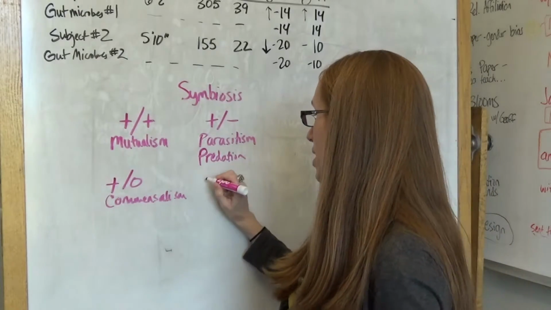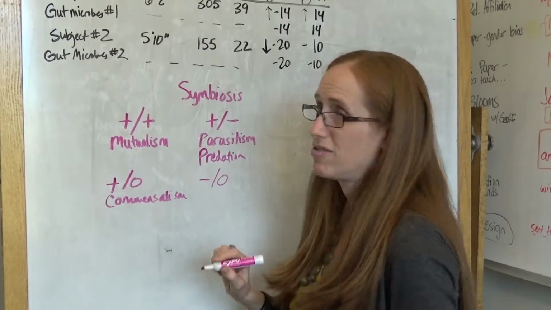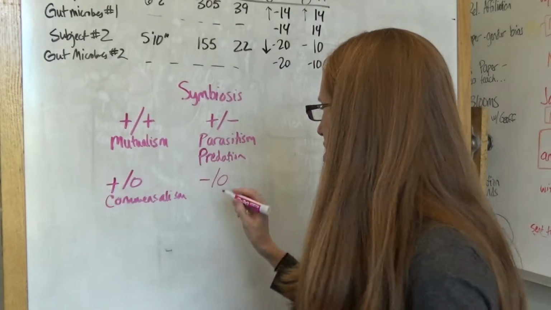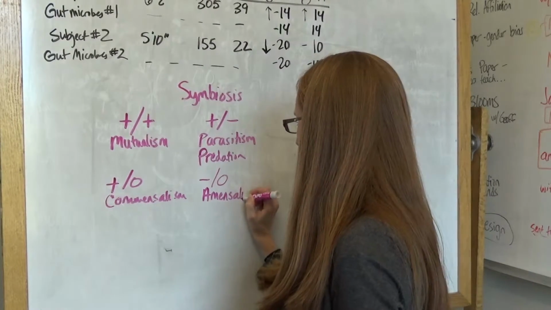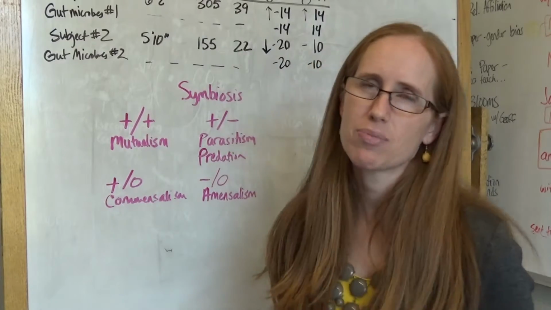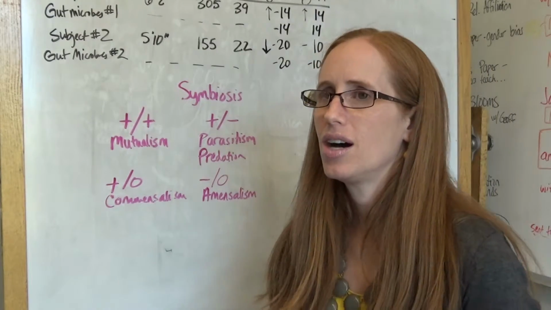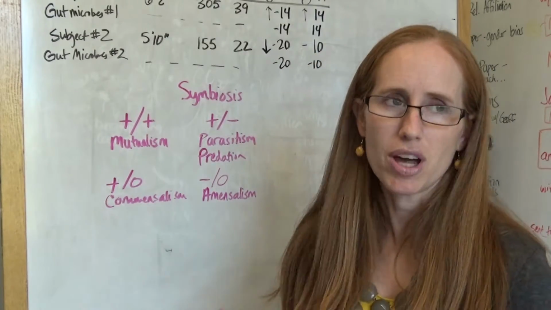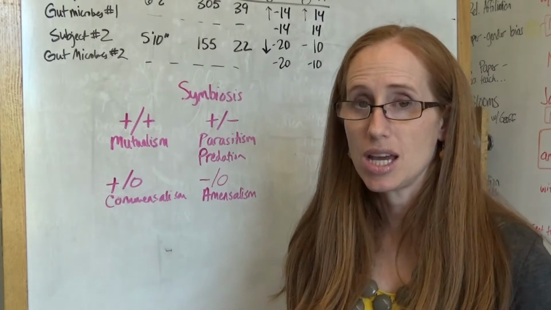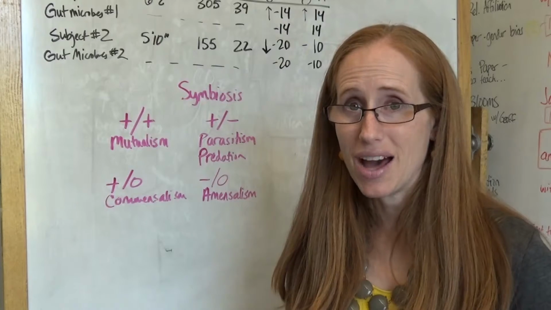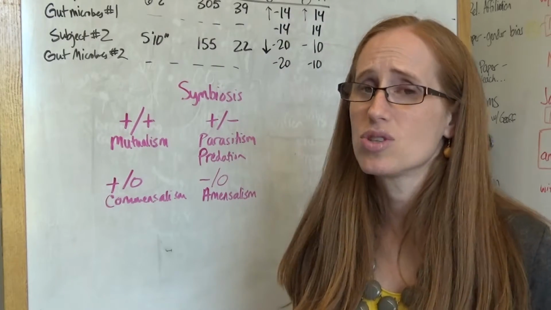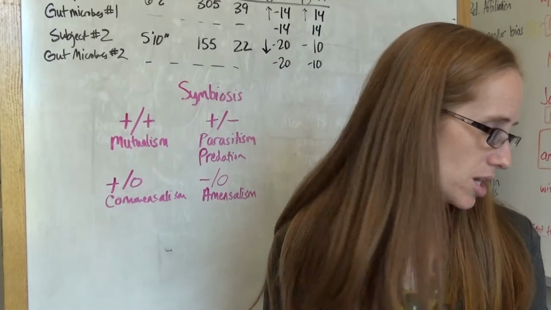You can have the other way around, where someone is harmed and there's no benefit to the other one. This one is harder to explain. It's called amensalism. It's harder to explain because they aren't really symbiotic relationships. They're not relationships that are maintained. But like if elephants are clodding along and they're killing all the plants in their path, it's not benefiting the elephant to do so, but it's harming the plant.